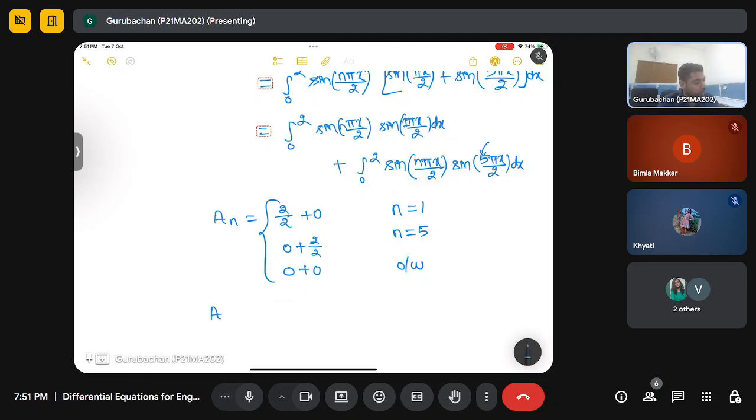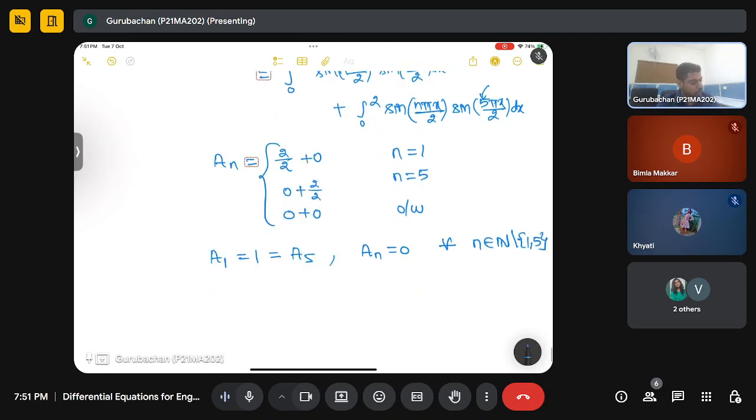So if you write it another way, a1 is 1, a5 is 1, and an is 0 for all n in natural numbers except 1 and 5. So that means your u(x,t) can be written with only these two terms. That is, the correct way to write it,